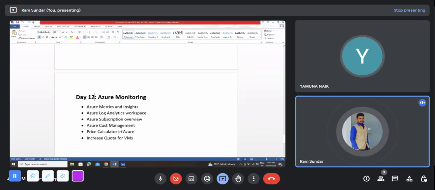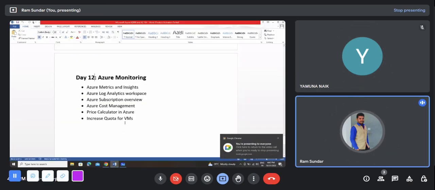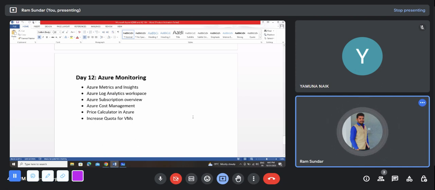Okay, today we are going to discuss Azure monitoring. This is the last topic that we are going to discuss. So before we discuss Azure monitoring, we will discuss how the monitoring setups are done in all Azure